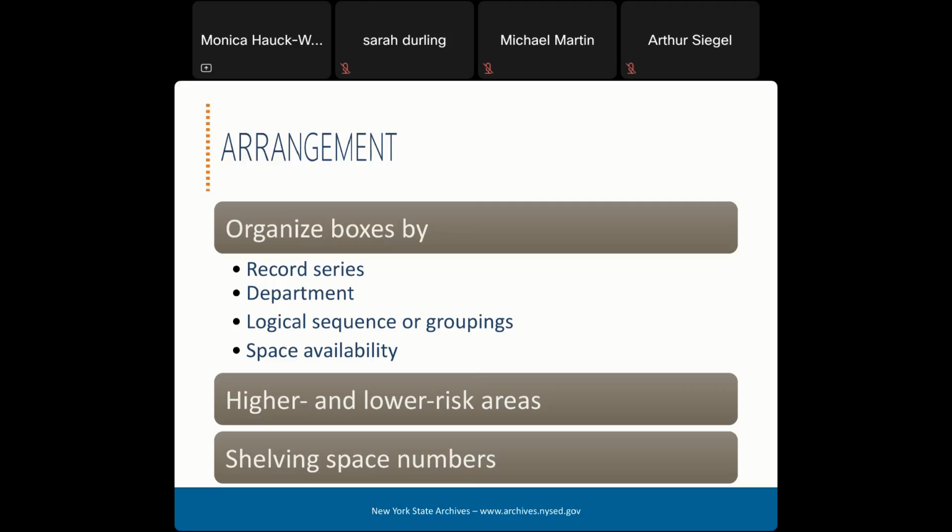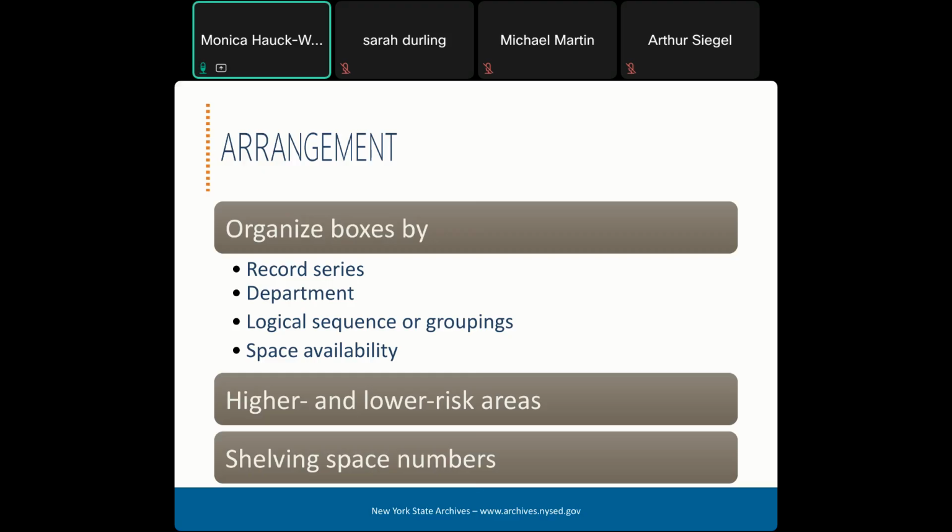You may also want to consider which records will be most difficult to replace if they're damaged in a disaster and locate them accordingly. For example, the records that are vital to your operations and for which no backup copies exist should be located away from potentially drippy pipes, fire suppression sprayers, and the windows that could leak or put in too much UV light. They should also be high enough off the floor so that if you do have water infiltration that's more than a few inches, they're less likely to get soaked.